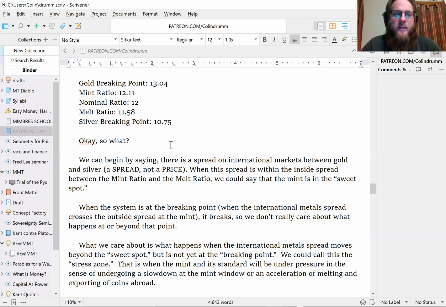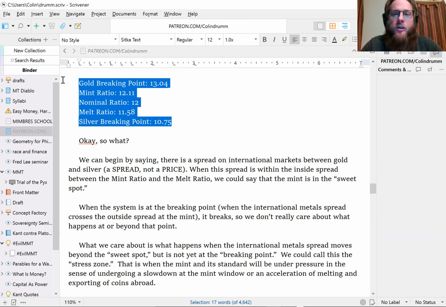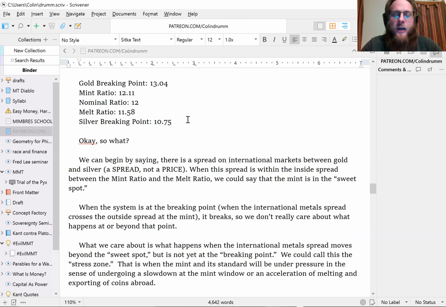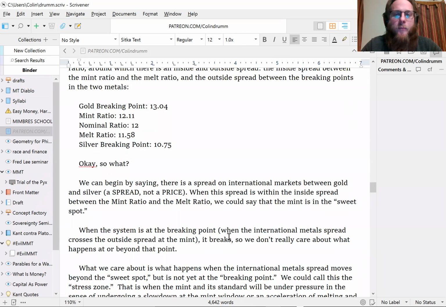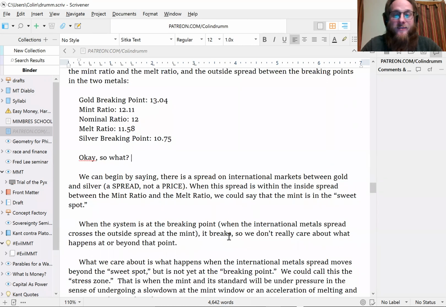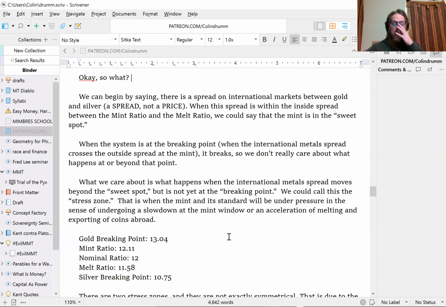So as you can see, this is all an expansion of an accounting identity that is created through the first set of numbers that we analyzed. But what it does is to create a pair of nested spreads. That's pretty cool, isn't it? Okay, so